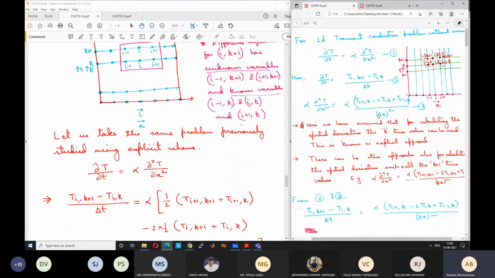by delta x square. Now, where the effect of time step comes into the picture is when we are considering that it is a time marching problem: at what time do we take this value of temperature? Because we are calculating the space derivative and the time is actually changing. Initially it may be 10 seconds and in the next time step it is 10.1 seconds. So the time has changed from 10 seconds to 10.1 seconds, and in that duration there may be a lot of change in the temperature.